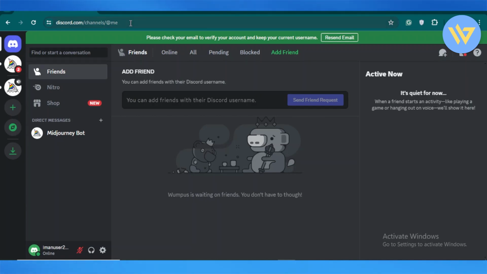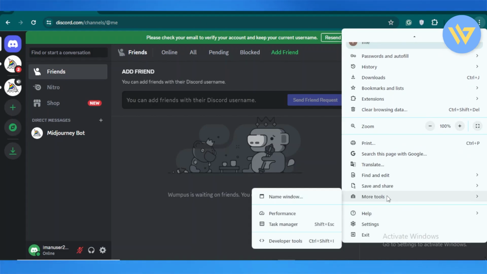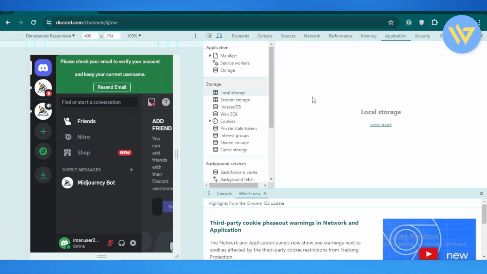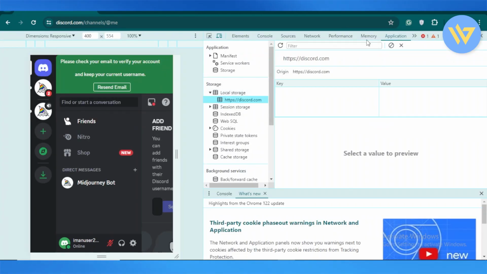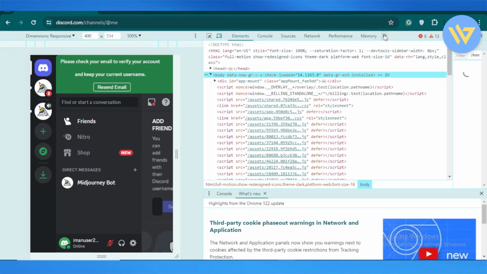So first things first, head over to your Discord account, onto your web browser, and click on Tools right here. You're going to click on More Tools, and from here you're going to open the Developer Tools. And once that is done, what you're going to do is head over to your application here,